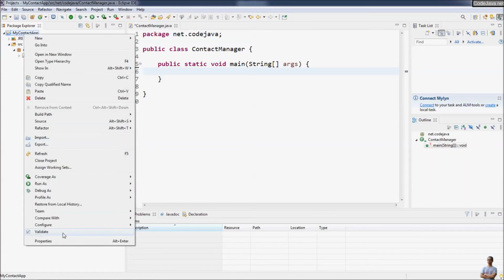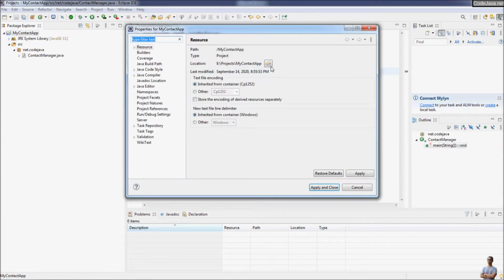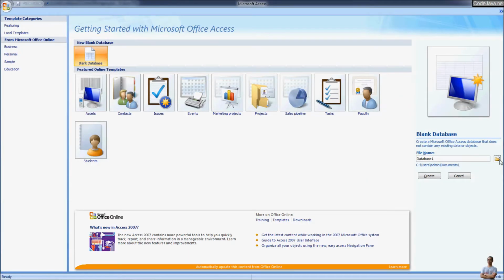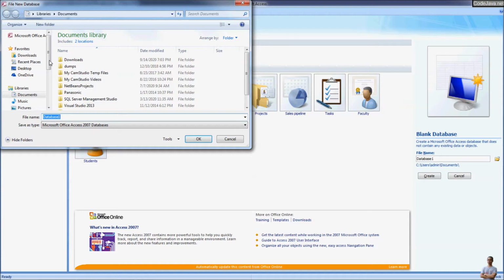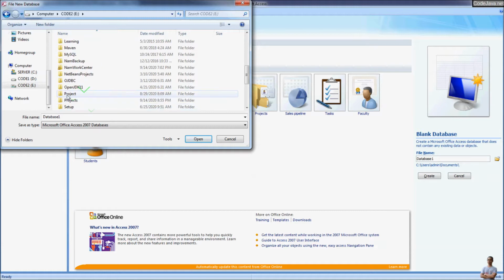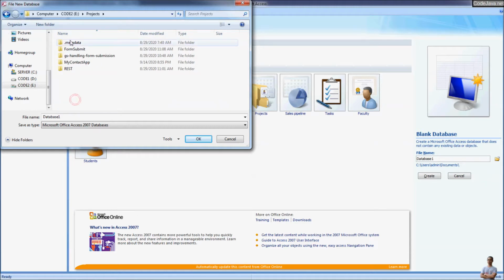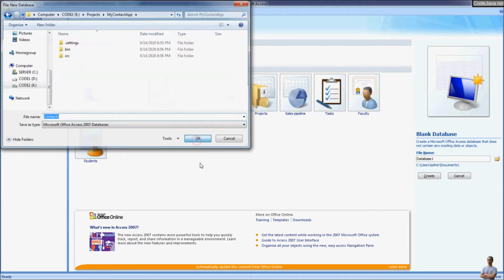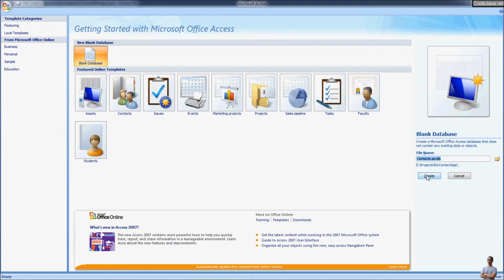Projects, MyContactApp, and I create a database file in the E drive. Here, I create the Microsoft Access database right inside the project directory. The database name is contacts. Okay. Click create